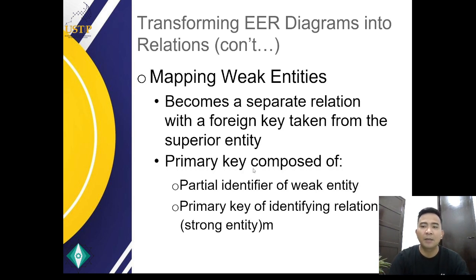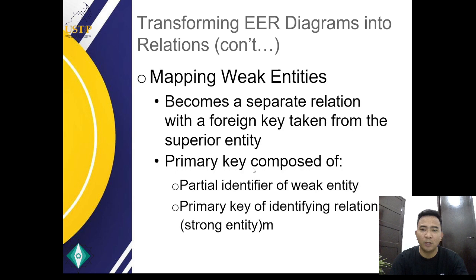These are dependent on the other entities for their existence. So they cannot exist without having a strong entity. So these are typically represented as separate relations in the relational database. So foreign key, the weak entity relation has a foreign key taken from the superior entity.